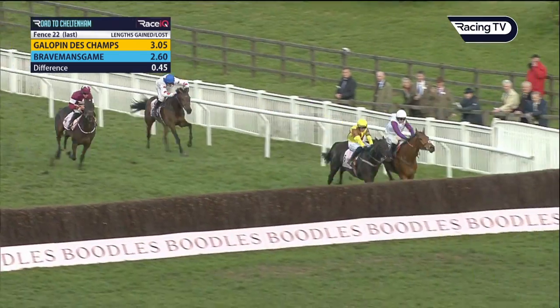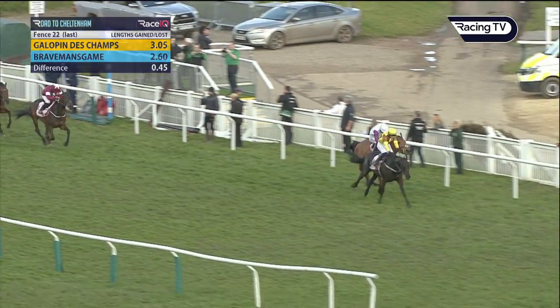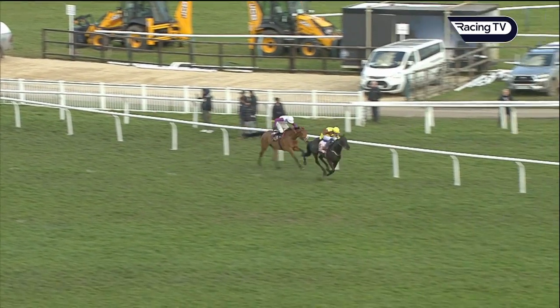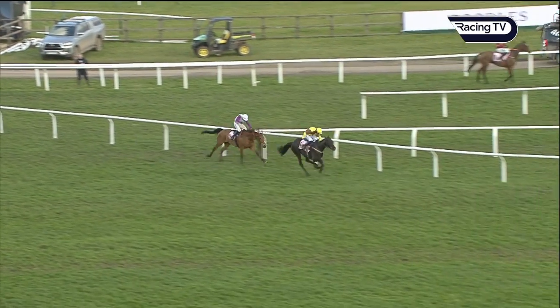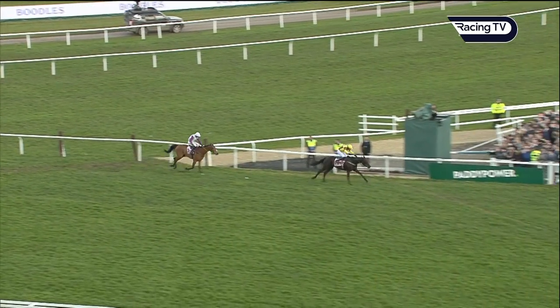Now, in the whole context of the race, Bravemansgame jumped considerably better, or gained considerably more ground than Gentlemansgame. But at the end of the race, over the last 3 fences, Gentlemansgame came out on top, and he also came out on top in the race. Okay, so